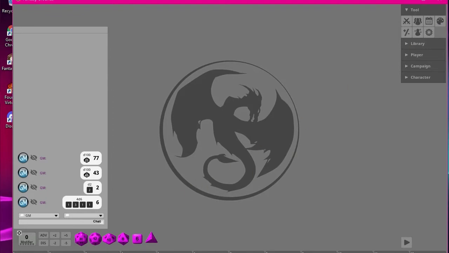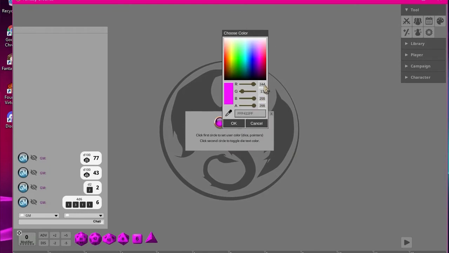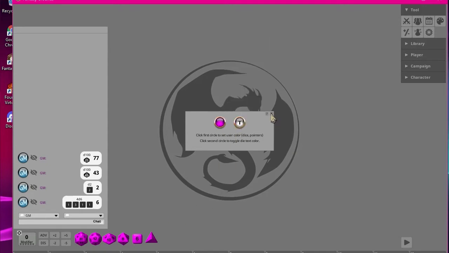If you want to change the color of your dice, you just come in here, click on that. If we want to change the text color, we just click on that one. If we want to change the actual color, we can bring up this guy and say we want actual pure magenta, 255, turn that to 0, and that's 255. If we want to mess with the alpha, their transparency level, you can see this will make them more glass dice that you can see through. If I hit OK and then close that,